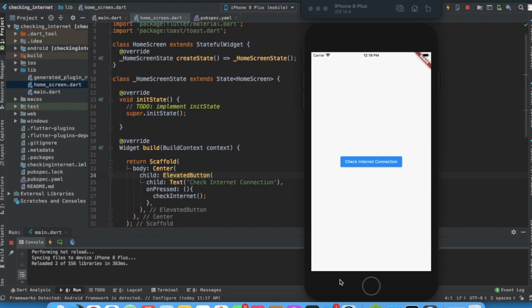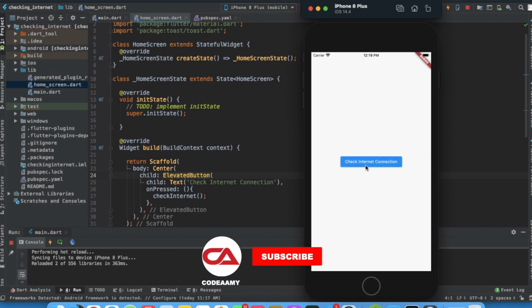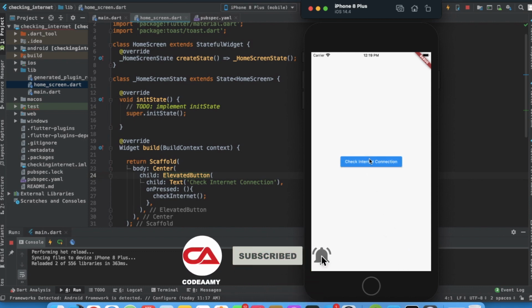In this video, we are going to check the new widget of the week called the connectivity widget. In this application, you will come to know how we can check if our mobile is connected to the internet. I have created a normal button in the center called Check Internet Connection, and when we press this button, it will show if our phone and our application is connected to a network or not.